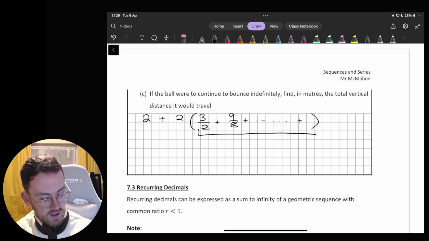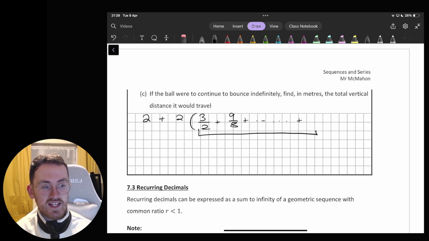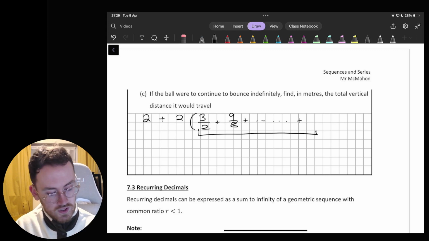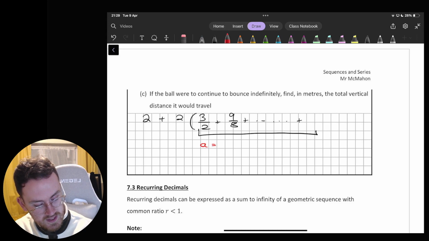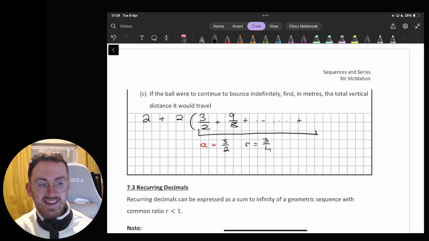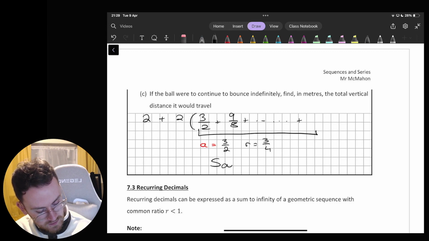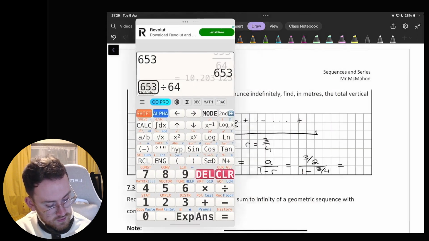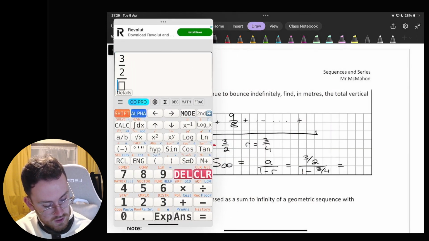And what we have in here is a sequence. It's an infinite sequence. If we're going to bounce indefinitely, that's going to go on infinitely. So we need to look at what the first term of that sequence would be. It would be 3/2. And my ratio is going to be the reduction that I have, which is the 3 over 4. That was the reduction in the height. So to find the sum to infinity of that part, using our same formula as before, a over 1 minus r, so 3 over 2, 1 minus 3 over 4. If I work that out, it gives me an answer of